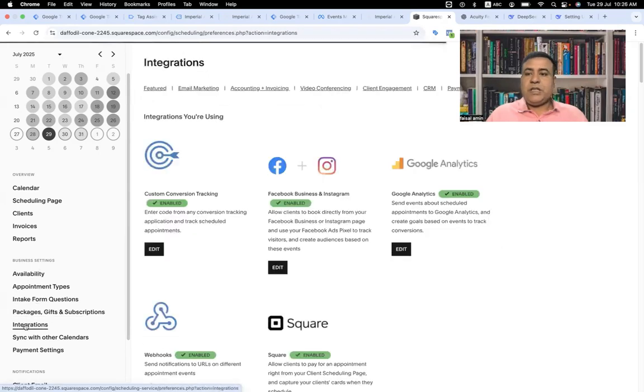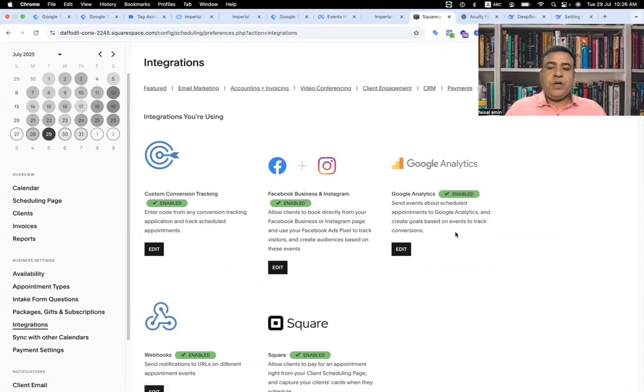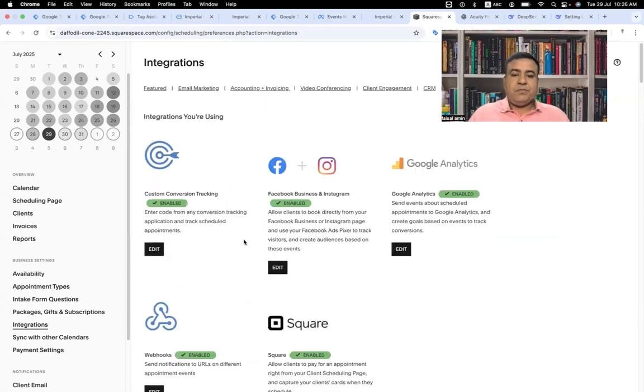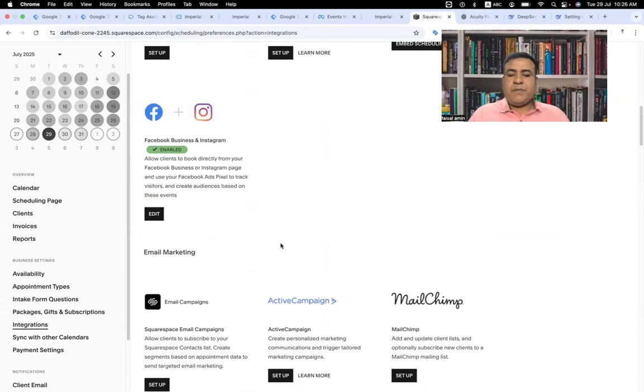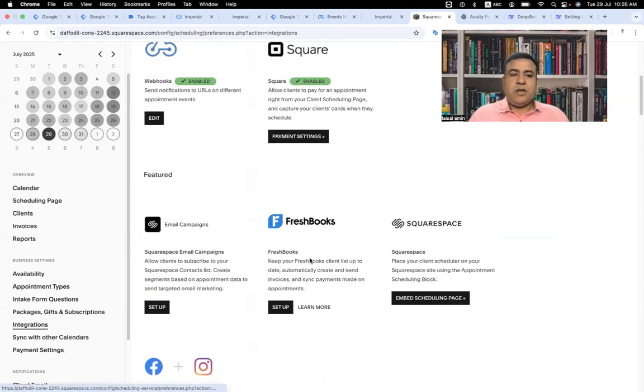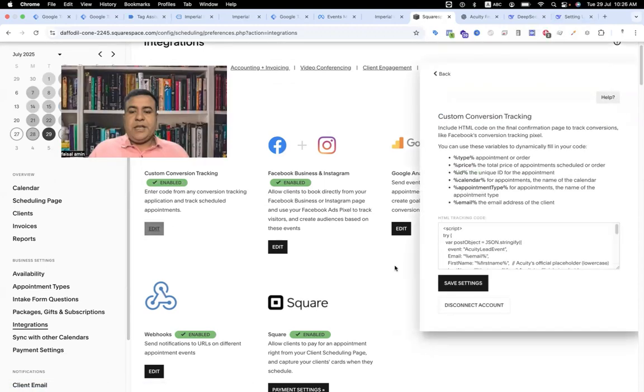If I click on it, in the integrations section you can find all platforms: Facebook, Google Analytics, Webhook, Square, and lots of others. Our target is to set up Google Tag Manager for custom conversion tracking. So as usual, I click the edit option, and here you can find the HTML